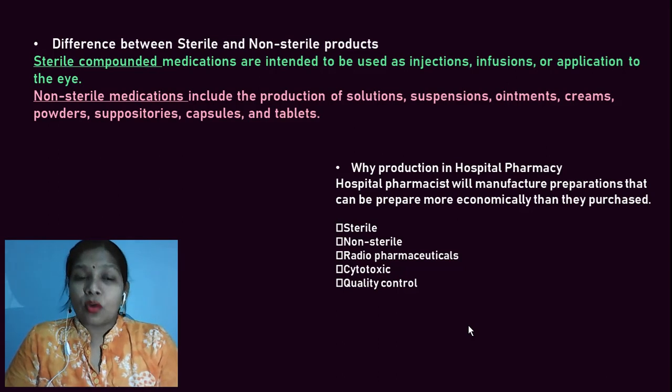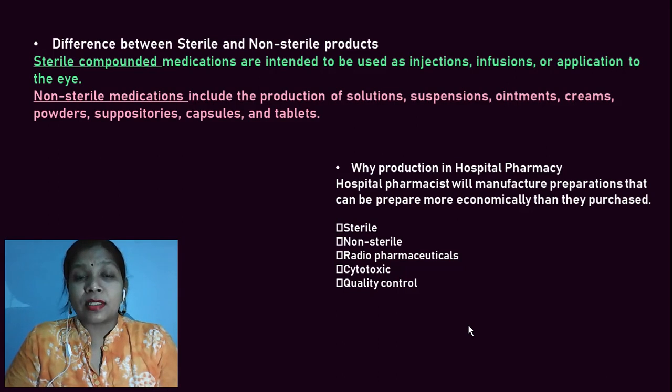These types of medicaments are called sterile compounds. Now, coming to the non-sterile products, they have a broad classification, or you can say there are a lot of compounds which come under these non-sterile medications. I can jot down some examples like the solutions, the suspensions, the ointments, the creams, powders, suppositories,